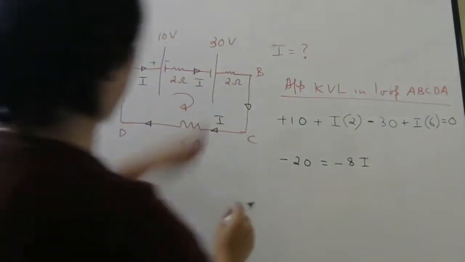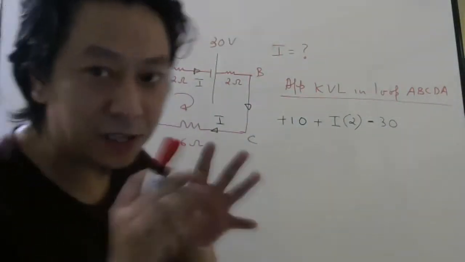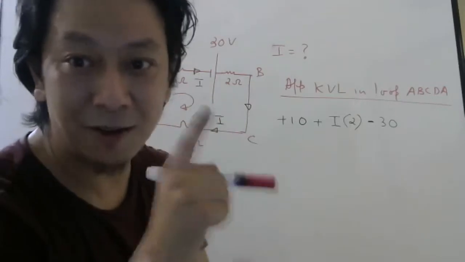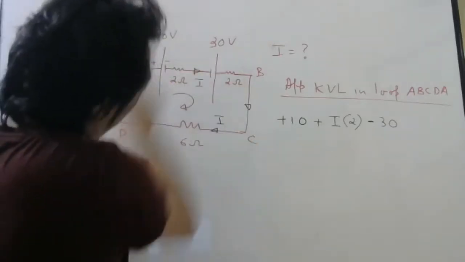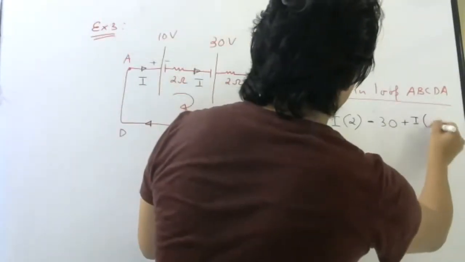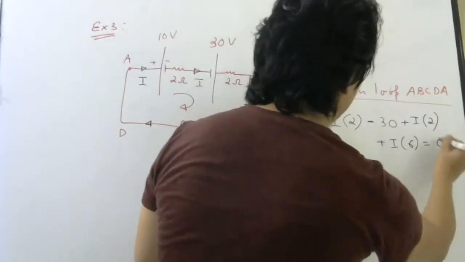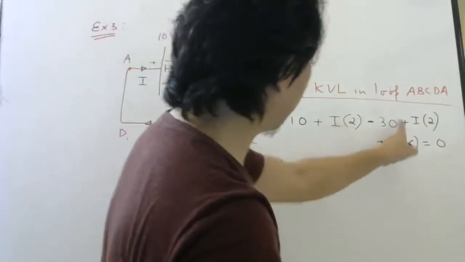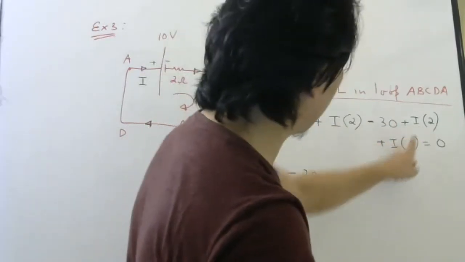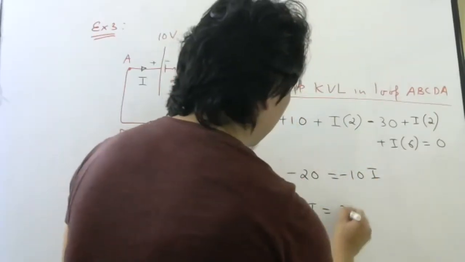Oh, I did some mistake. I forgot this 2 ohm. Sorry. This 2 ohm I forgot. So after minus 30, it is better that I do sometimes mistakes so that you can see, oh, that mistake we can also do like that. So for this resistor, again, current is going this way. I am also going this way only. So plus I into 2. And for this resistor, same story. I into 6. That will be 0. 10 minus 30 minus 20, this will be plus 10. 10i, 2i, 2i, 6i, 10i, that will go that side, minus 10i, so I will be 2 amperes.